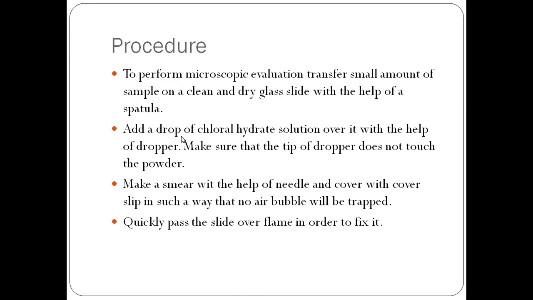larger amount of sample, the slide will not be made very evenly, and clumps will be found on the slide. And if a clear smear is not formed, when you observe it under the microscope it will be very difficult to identify the characteristics. So it is very important to take a small amount of the sample. This is the first step. If you do not follow the right direction, then the slide will not be up to the mark, and obviously when the slide is not good, then the observation will also be affected.